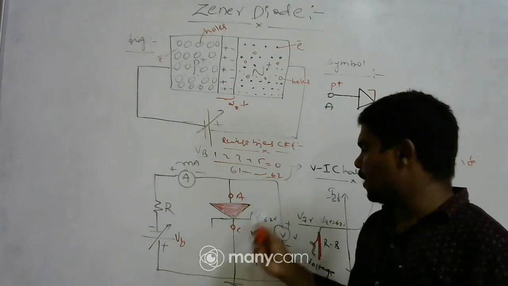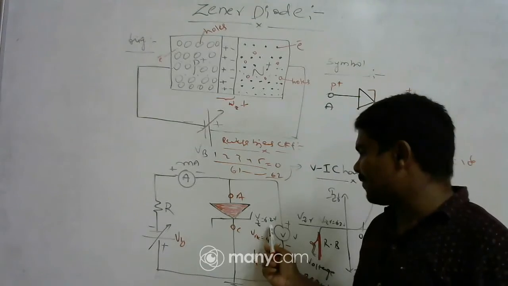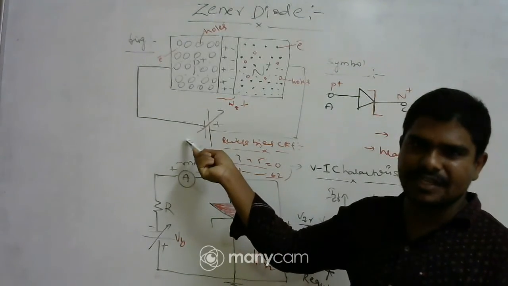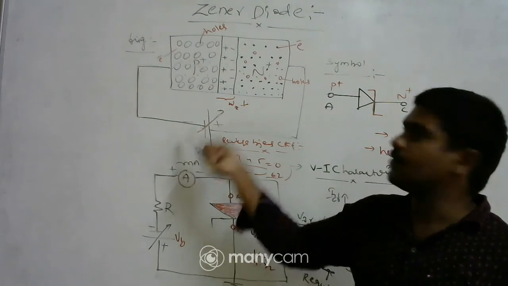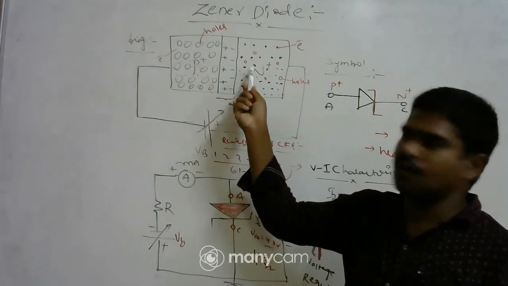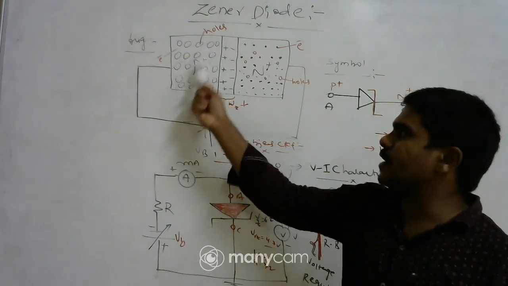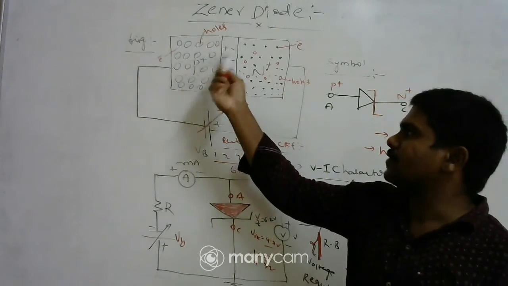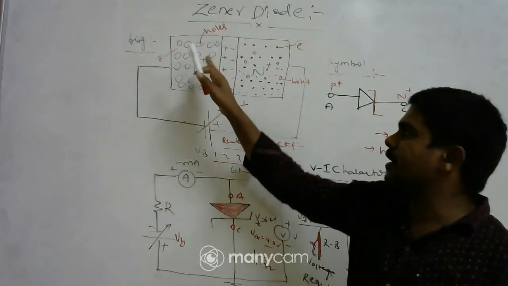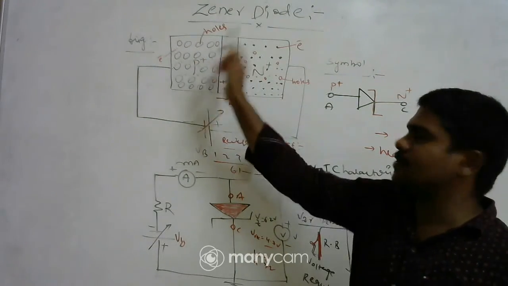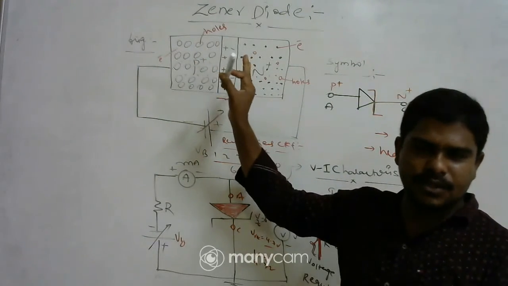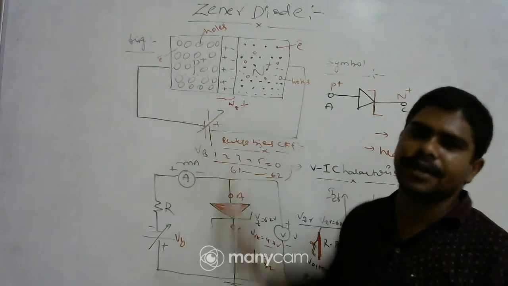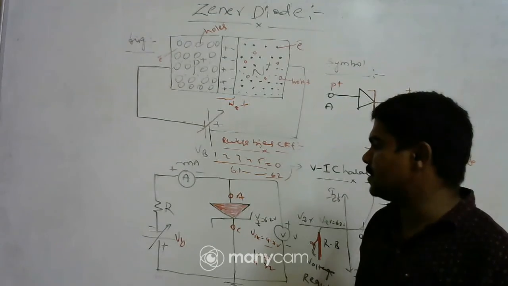After the bias voltage of 15 volts, if you keep the DC voltage constant for some time, then due to the heavy doping the avalanche breakdown process cannot occur here. Directly the diode junction will be ruptured, and all the covalent bonds will break down at a certain voltage. That is called Zener breakdown.